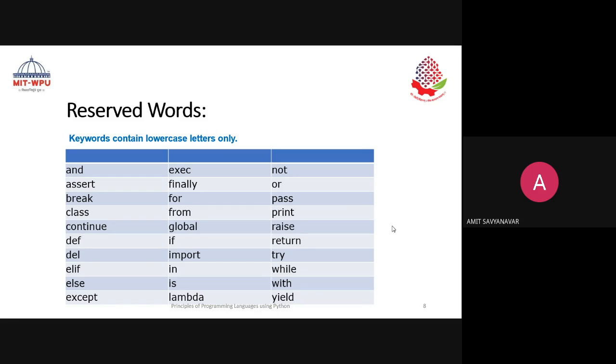Then is. So can you tell me what exactly the is keyword is used for? Is, yeah. If you have come across this keyword is,